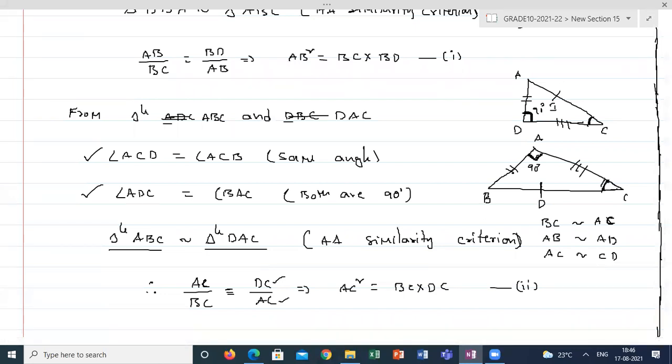So if I am cross multiplying, AC into AC will be equal to, you know how to do cross multiplying? Yes, sir. AC into AC will be equal to DC into BC. See, even though it is in which direction, similarity you have to understand in a proper way. Here, I can't take straight away this is equal to this. The angle opposite to 90 degrees is similar to the angle opposite to 90 degrees in the other triangle. Like that, you have to take the corresponding sides. Then only you can get the proper ratios. Is it clear? Yes, sir, it's clear.